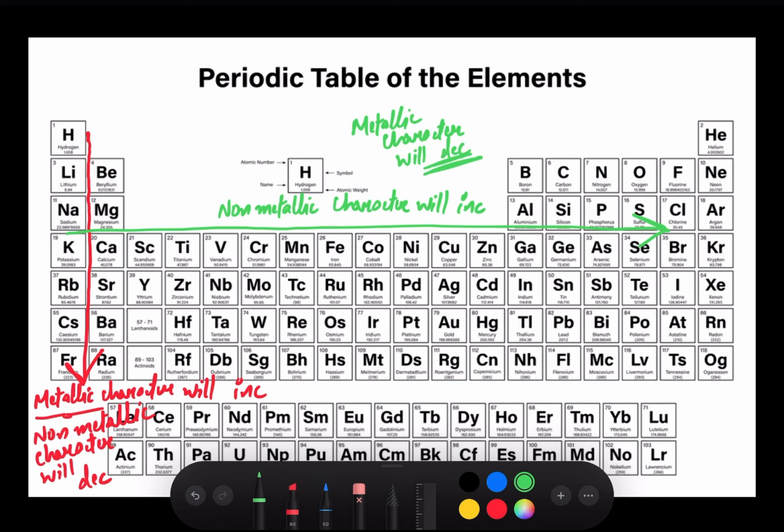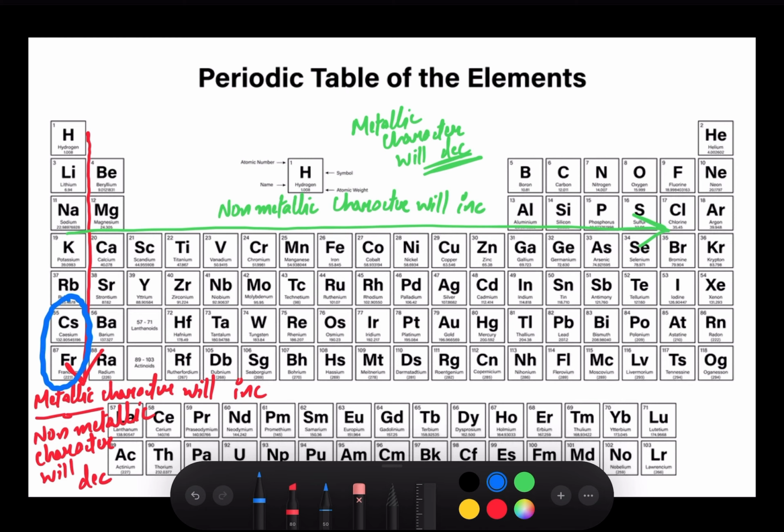So these are the trends that we have read in today's lecture. This signifies that cesium and francium are the most metallic elements of the periodic table,